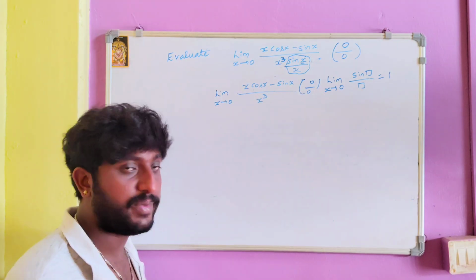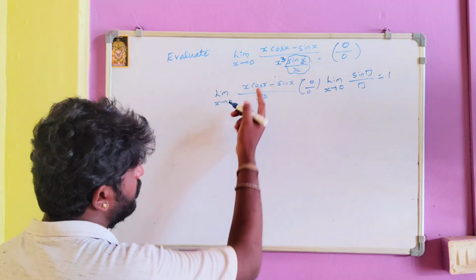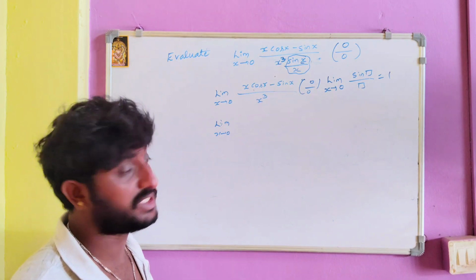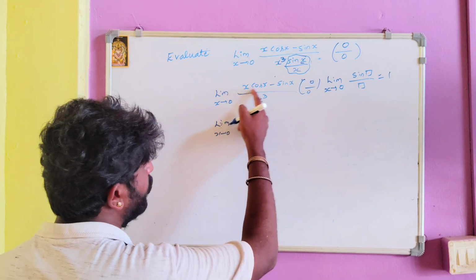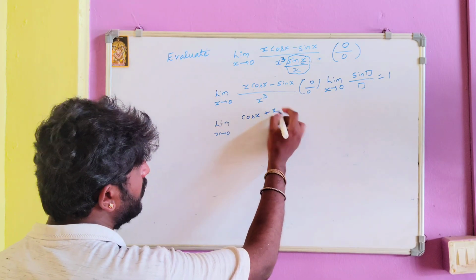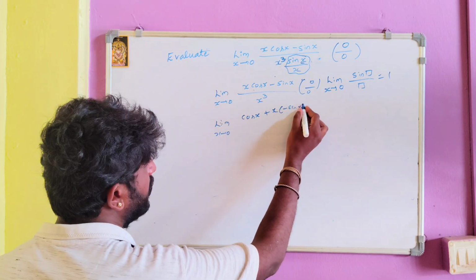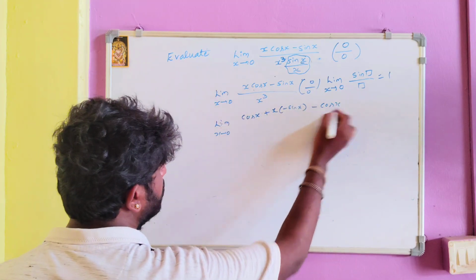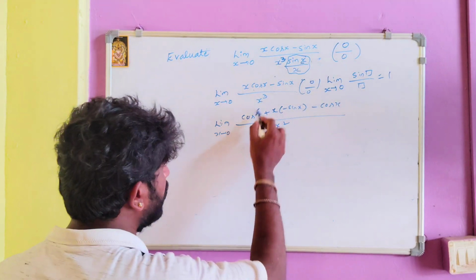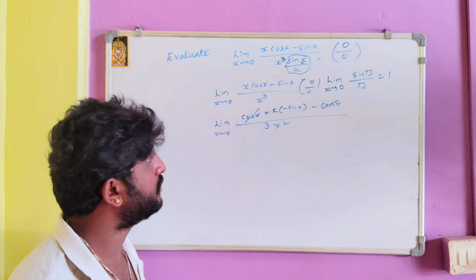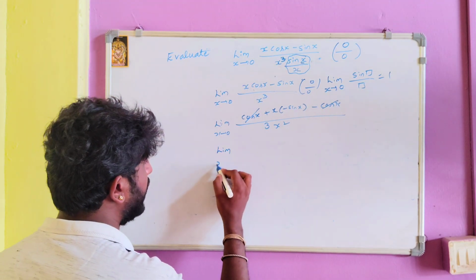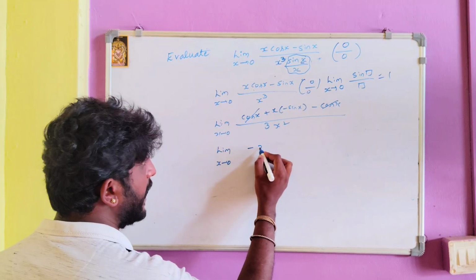Now we can apply L'Hopital rule directly. What is L'Hopital rule? Differentiate the numerator. What do we get here? Product rule: x differentiation 1, cos x as it is, plus x as it is, cos x differentiation minus sin x, minus sin x differentiation cos x, by 3x square. This cos x and minus cos x get cancelled, then limit x tends to 0, you get minus x sin x